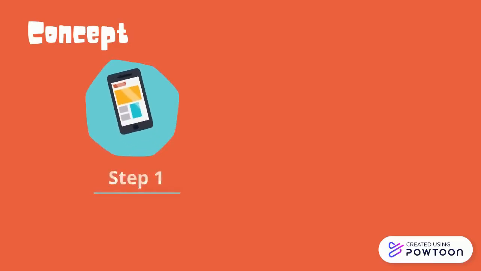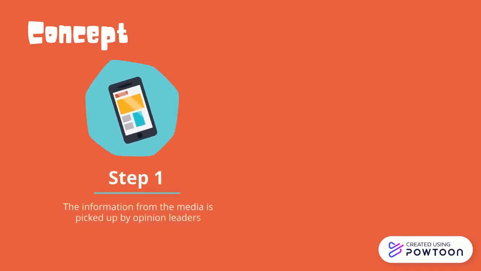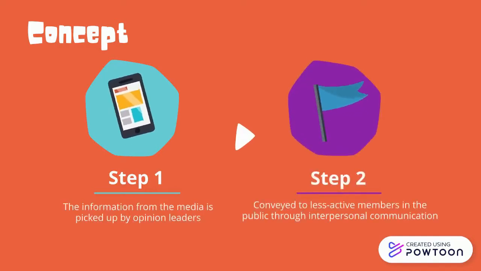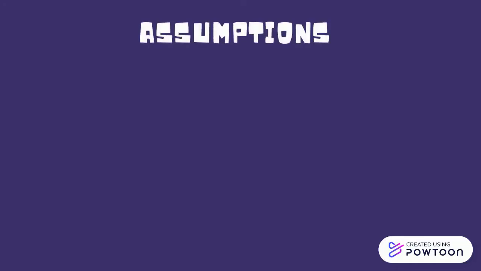With that, they suggest that the flow of information from the mass media to their audiences involves two steps. First, the information of the media is picked up by opinion leaders, then conveyed to less active members in the public through interpersonal communication. The theory has at least three assumptions and assumes that